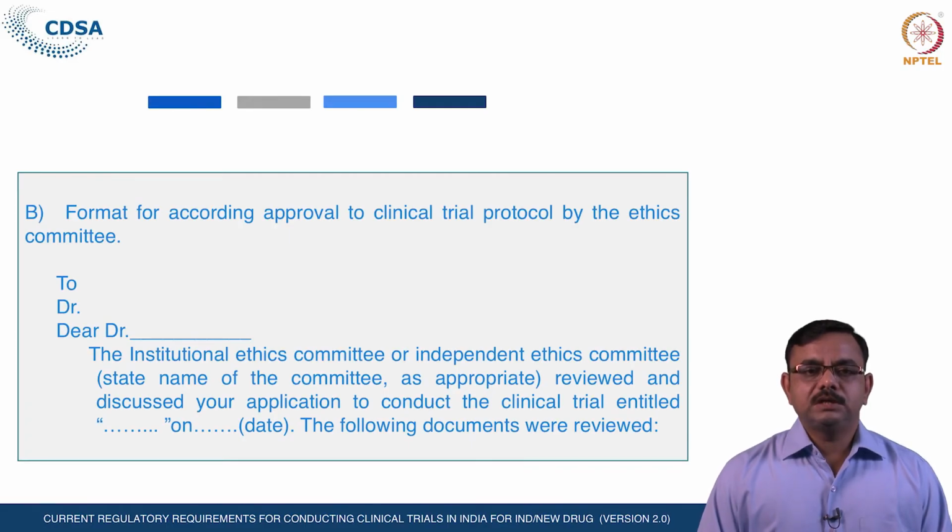Table number 2 is the content of the proposed protocol for conducting a clinical trial. We have seen in a separate lecture what the contents of the proposed protocol are: the details of the drug, details of the study including its protocol, design and background, the preclinical data, then the study population, inclusion and exclusion criteria, how to assess the study, and who would be the principal investigator, as given in that schedule.